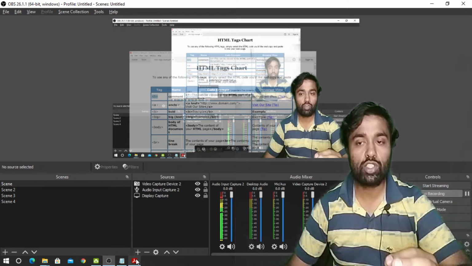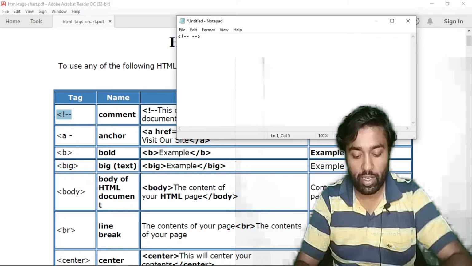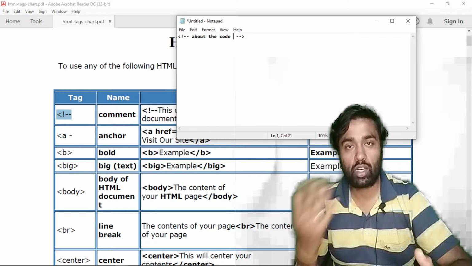Opening and closing of a comment is necessary, to write something about the code. You can explain what you wrote in your code by comment. If you write a comment, then another programmer who goes through your code can understand it very easily. So this is a very important tag.